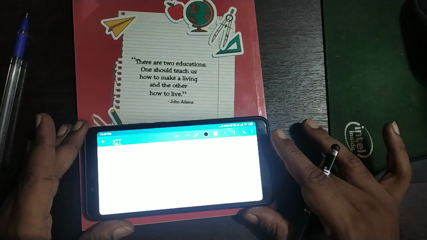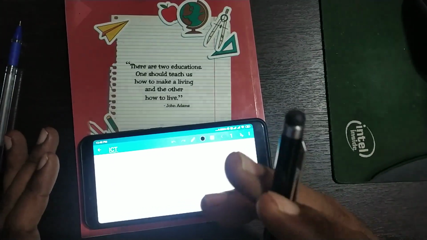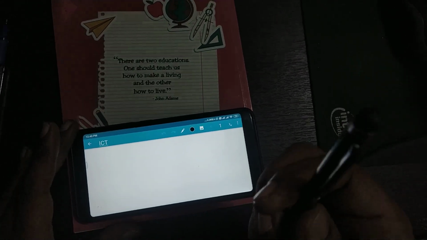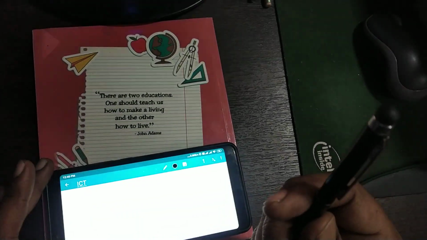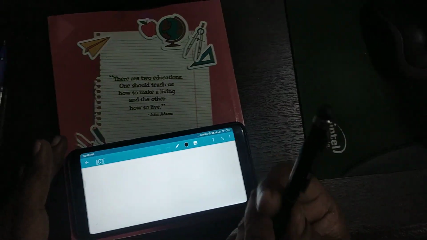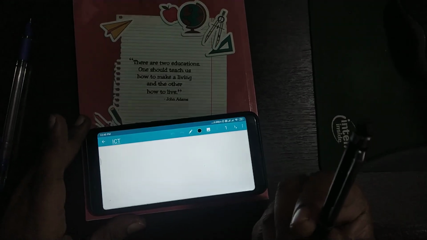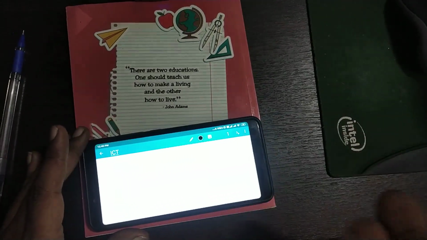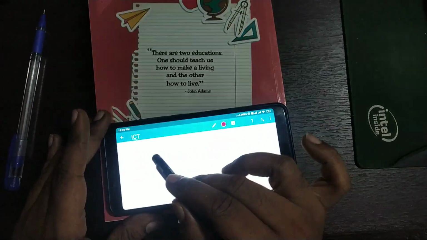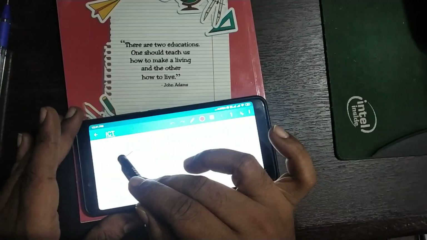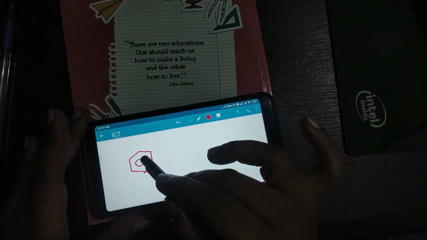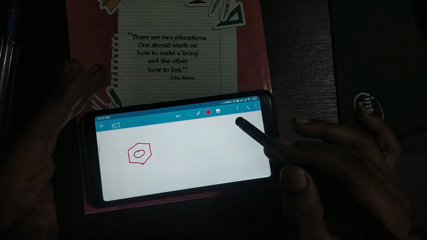Now another requirement for using this tool is your pen with stylus. So stylus pen is a writing pen which we normally use for a tab. So this pen is only 100 rupees. It is available in the market. So you have to ask for a stylus pen. Now using this pen, okay, you can choose your color and you can start drawing or writing anything you want in your mobile. You can create your entire class in your mobile by writing.